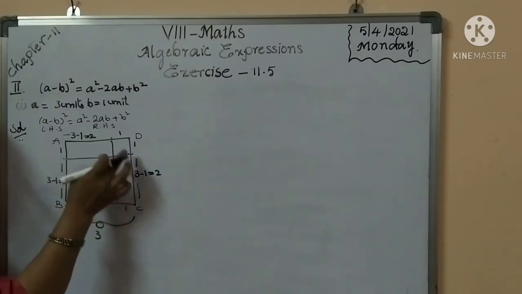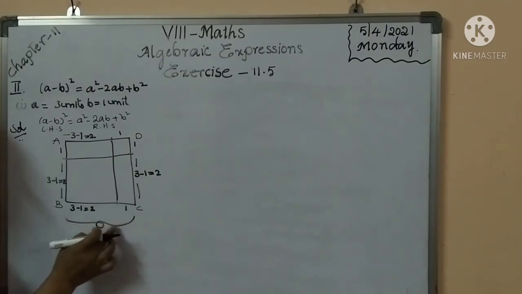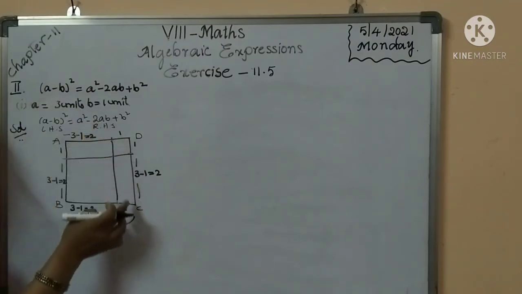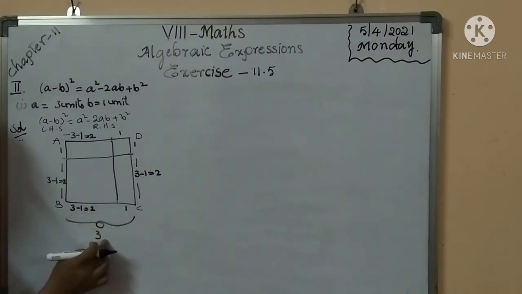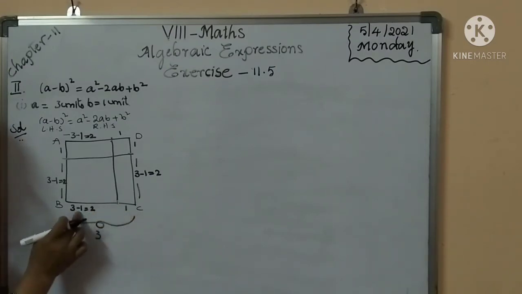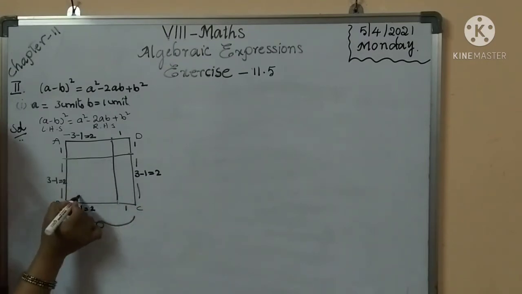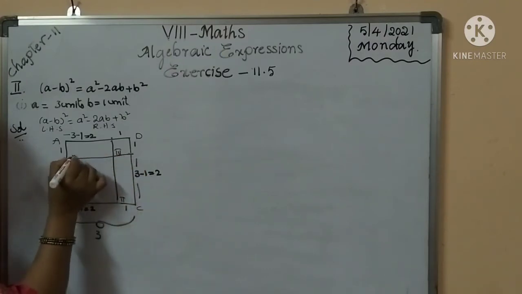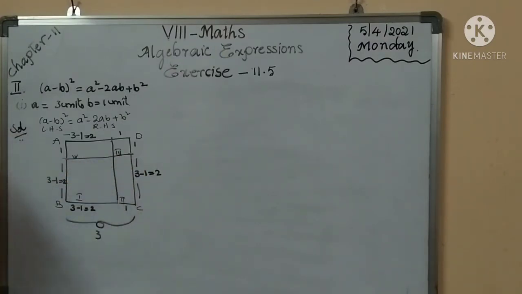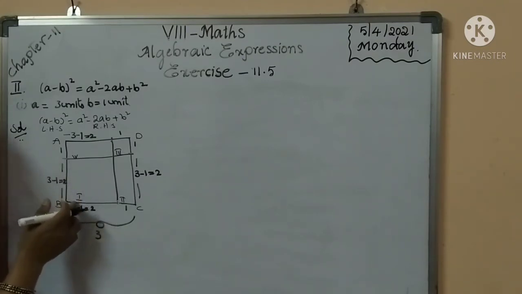So here ABCD is a whole square and the total distance is 3 units, and we remove the 1 unit: a minus b, so minus 1. Did you understand? So here 3 minus 1. From here to here is 3 and from here to here is 1. 3 minus 1 means here 2 is there. So here is the first region, second region, third region and fourth region. Finally the square is divided into 4 regions. Understand?